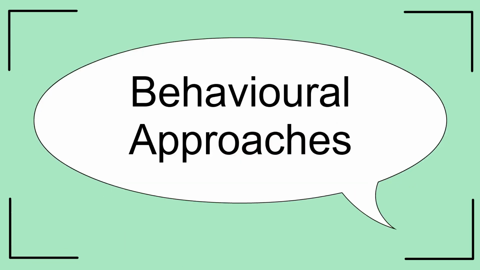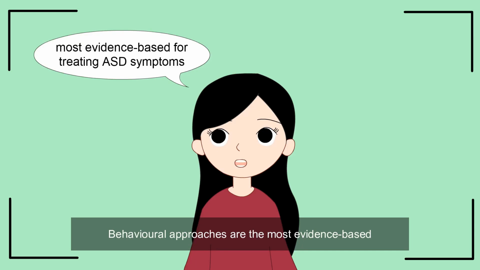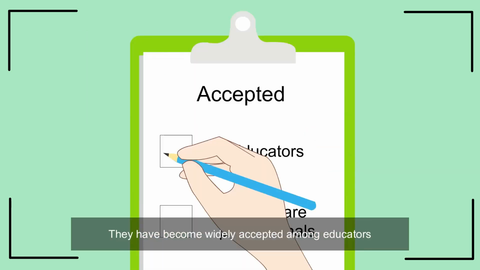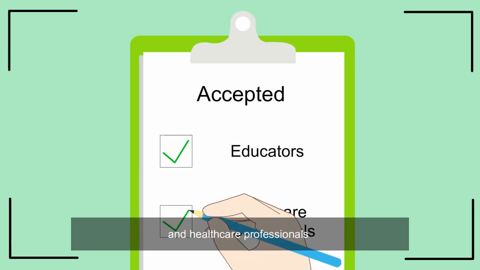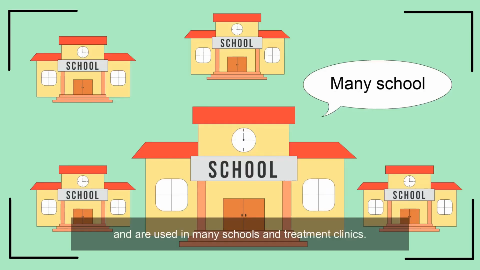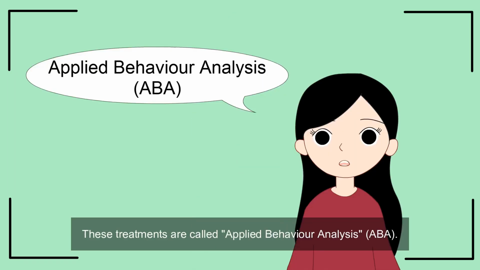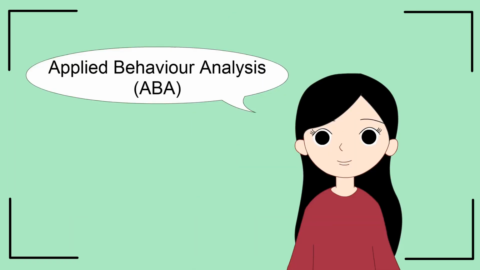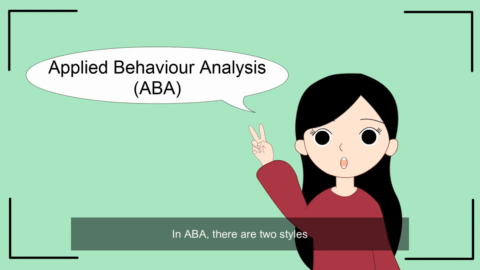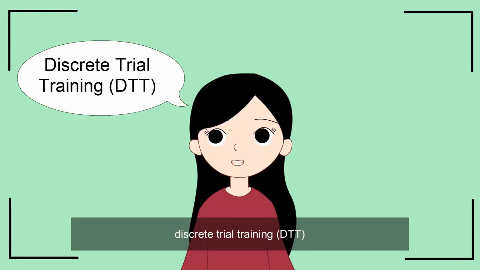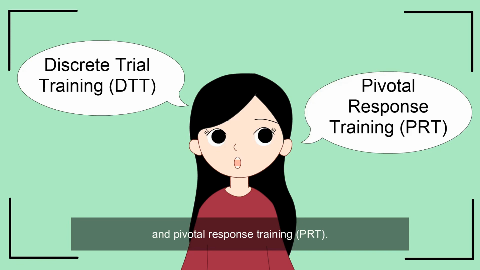Behavioral approaches. Behavioral approaches are the most evidence-based for treating ASD symptoms. They have become widely accepted among educators and healthcare professionals and are used in many schools and treatment clinics. These treatments are called Applied Behavior Analysis, ABA. In ABA, there are two styles, Discrete Trial Training, DTT, and Pivotal Response Training,